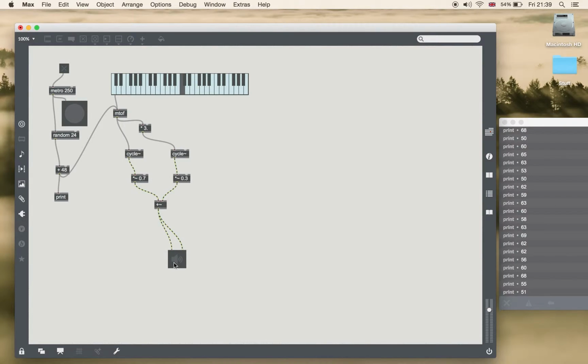So let's see what happens. Okay, I hope you can hear the sound. Oh dear. You see, it still works. If I hit the keyboard, a single number goes into there, comes out as a frequency. And if I turn the randomness on,